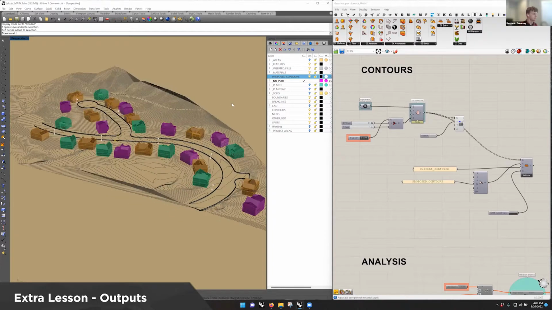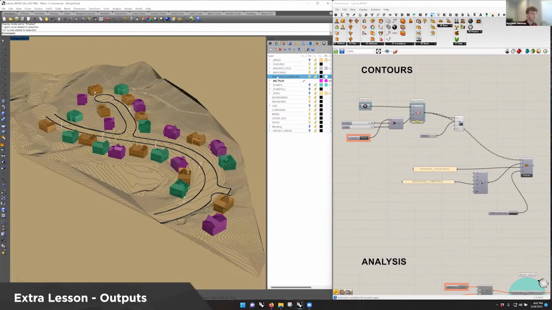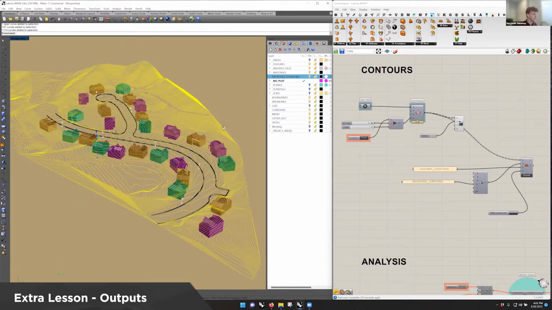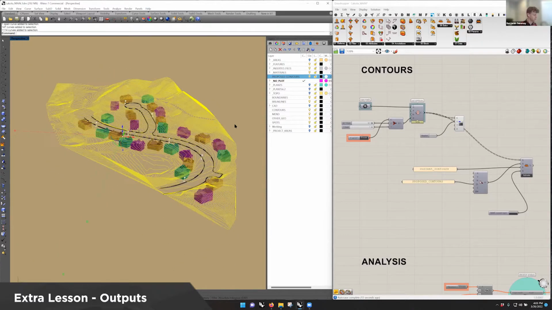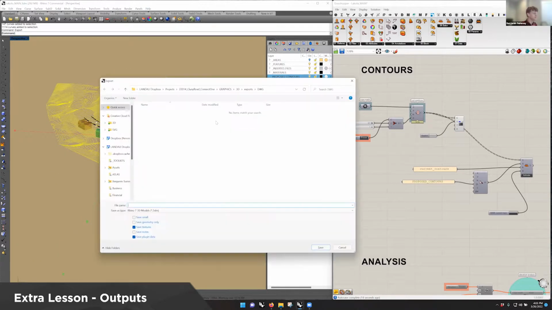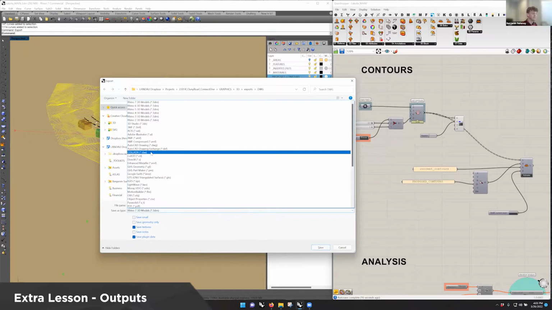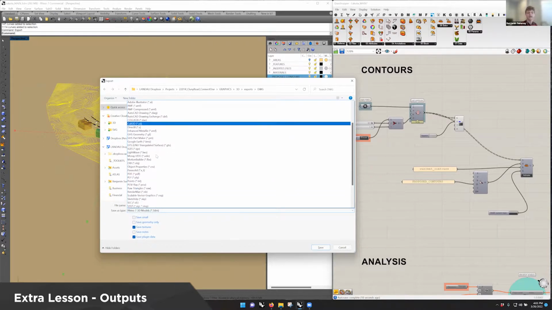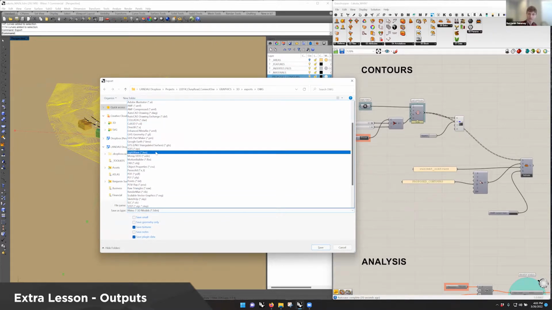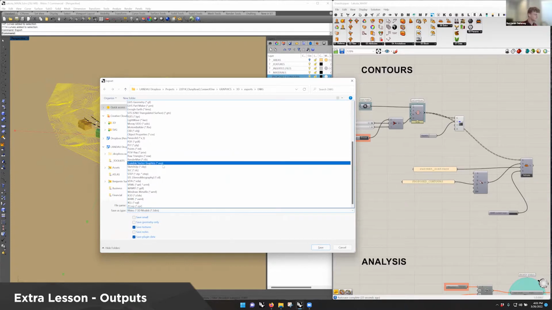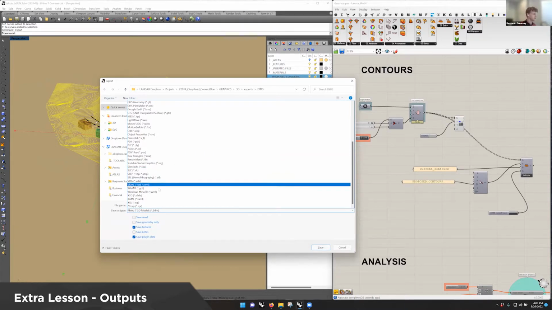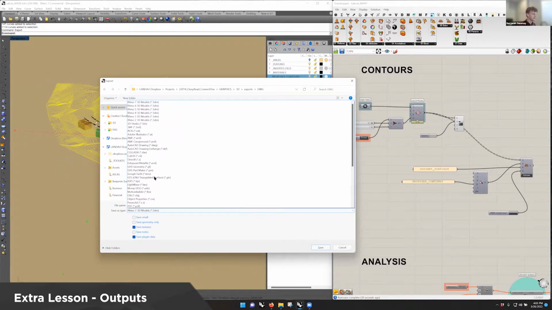And these contours can be grabbed from that layer, select objects, and I could then export those to a DWG and then bring those directly into AutoCAD. This is a great way to see the range of different exports that you have for Rhino and other software. If you've dealt with Rhino a lot, you're probably familiar with some of these, but I don't think I've run into too many, except for maybe exporting to